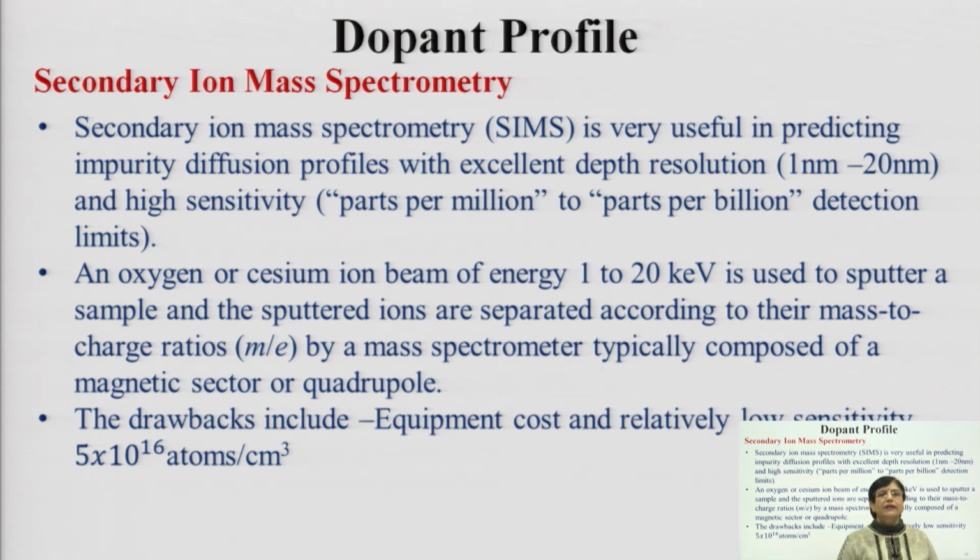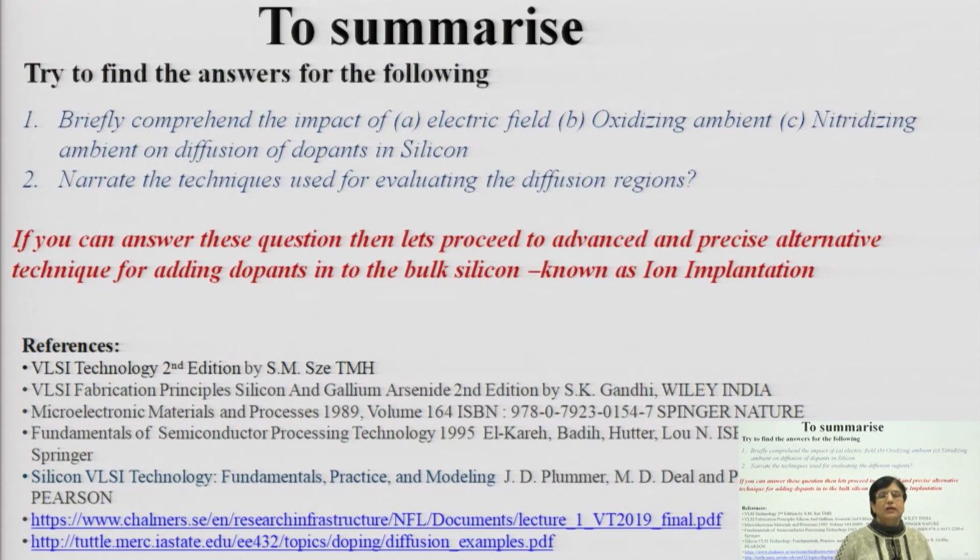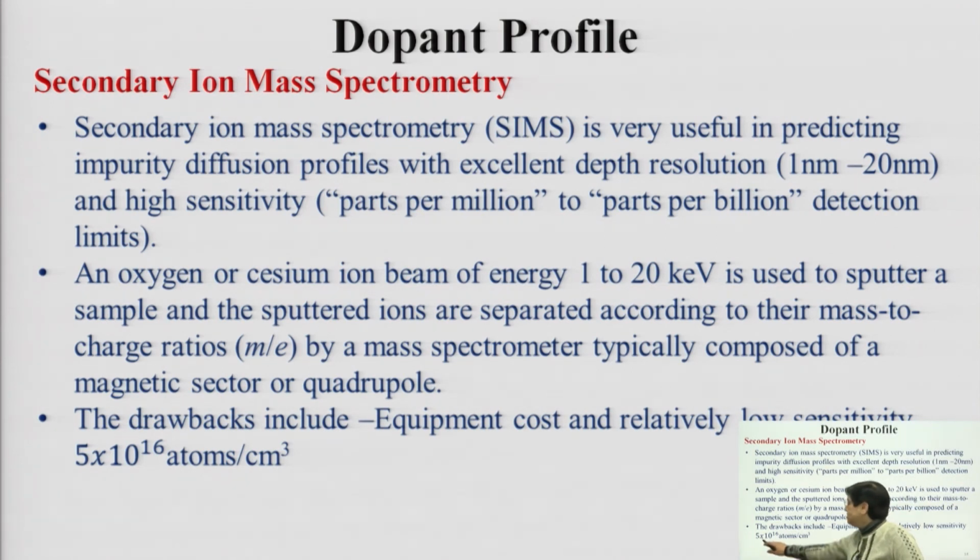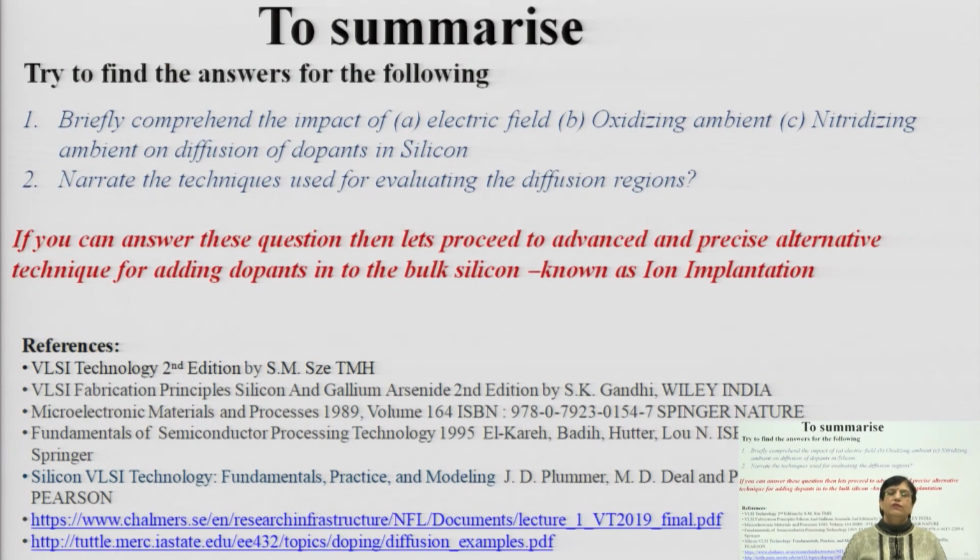Basically, you are bombarding the ion beam onto the sample and collecting the secondary ions from it. The cost of the equipment is the only drawback, and you have a sensitivity limit because you need a concentration of at least 5 x 10^16 atoms per cubic centimeter. So, with this we have seen the measurements of junction depth, spreading resistance, and sheet resistance, and